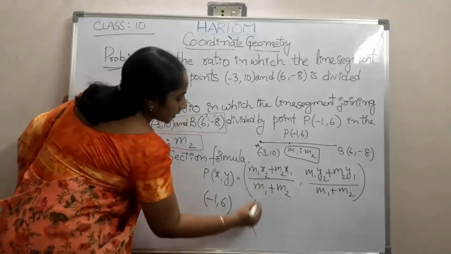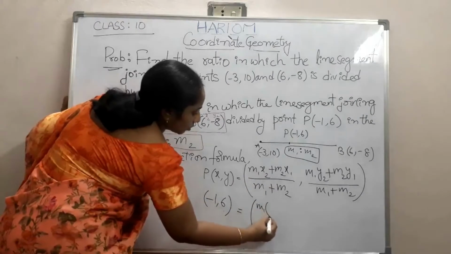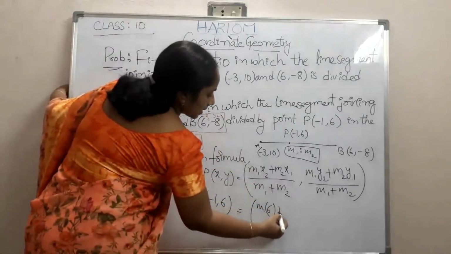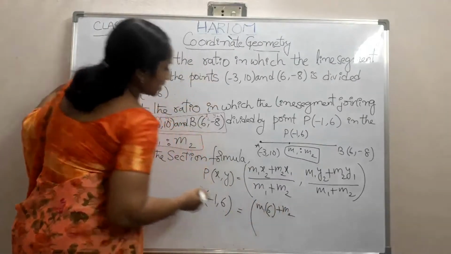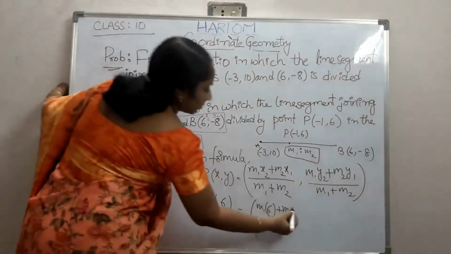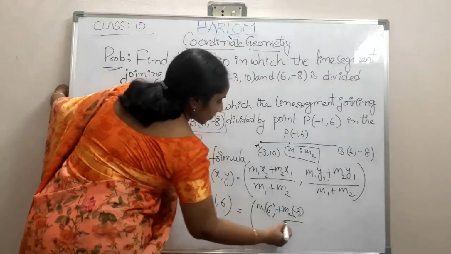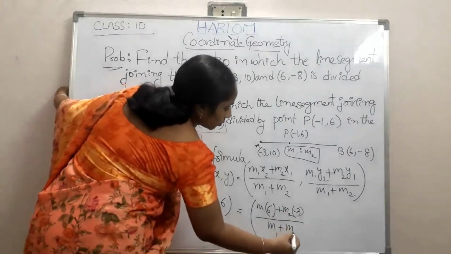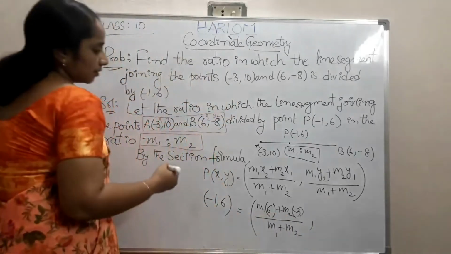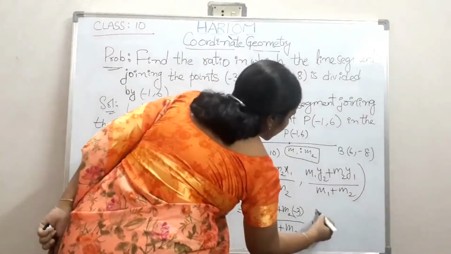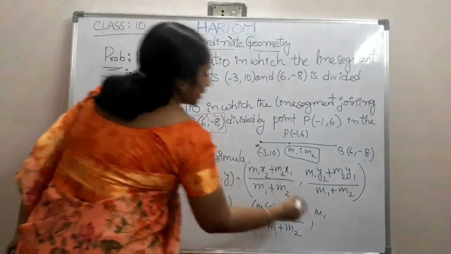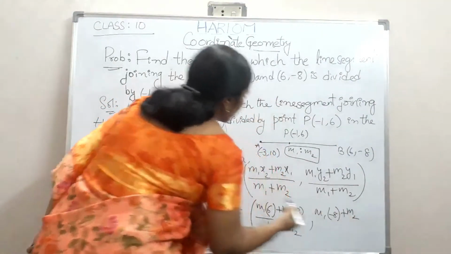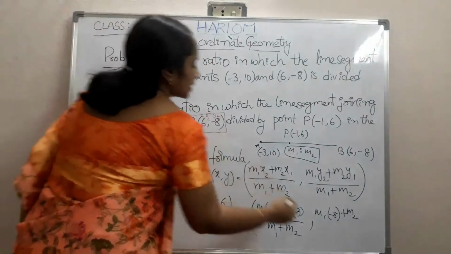In this, m1 into x2, 6, plus m2 into x1, -3, by m1 plus m2, and m1 into y2, -8, plus m2 into y1, 10,